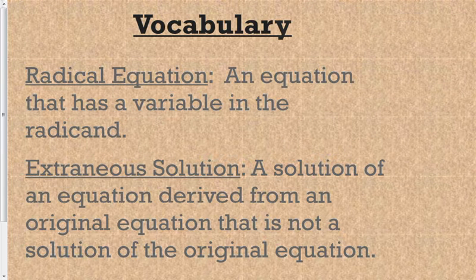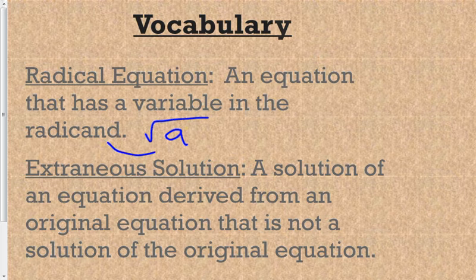So, getting going here, a radical equation is an equation that has a variable in the radicand. And again, the radicand is the number underneath the radical symbol. An extraneous solution is a solution of an equation derived from an original equation that is not a solution of the original equation. So you solve the equation, get a solution, but then when you plug it back in,